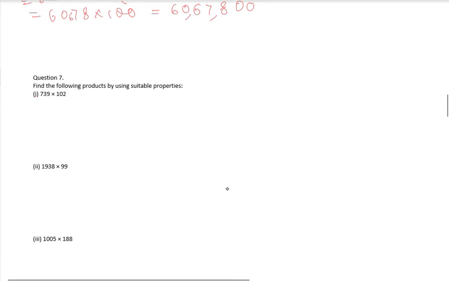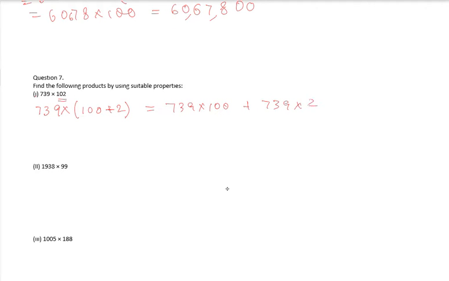The next question is find the product using property. Now see, we will again use distributive property here, but in a different way. That is why in the beginning I told you that distributive property is very important. 102, I will break it up into two parts, that is 100 plus 2. I can break it up into two different parts in another way, but this is a better breakup because multiplication with 100 is very easy. So it's 739 multiplied by 100 plus 739 multiplied by 2, that is 73900, and